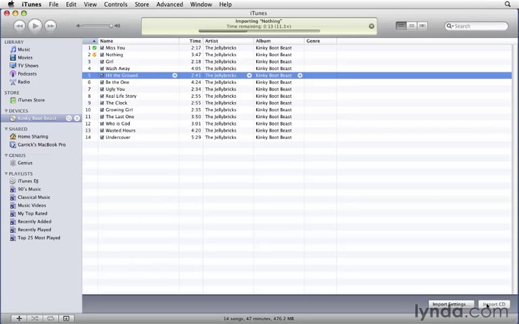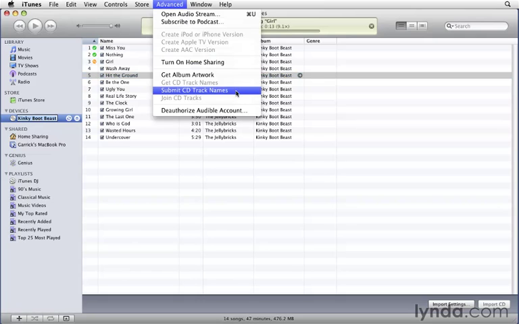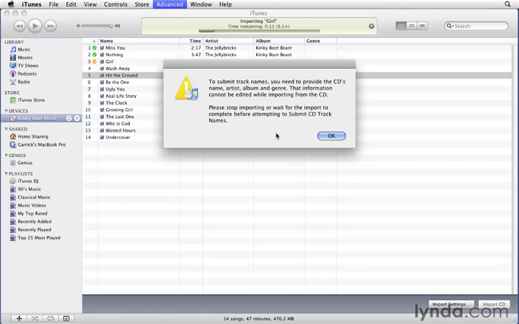But then you can do your part so that other people with iTunes and the same album won't have to type this album's info by hand themselves. Once you've entered the album info with the CD selected, go to the Advanced menu and choose Submit CD Track Names. Now, if you haven't entered all the info, you will be asked, like I have been here, to go